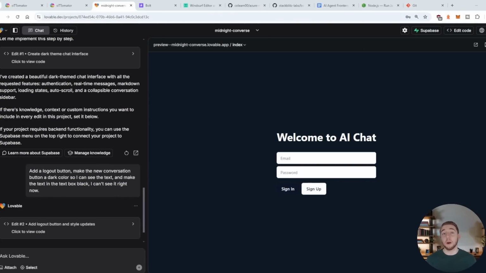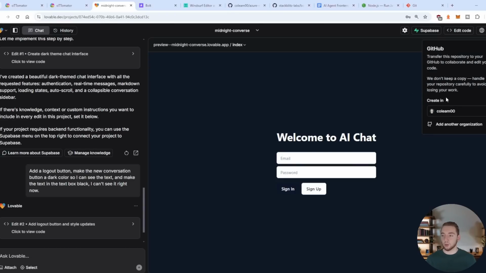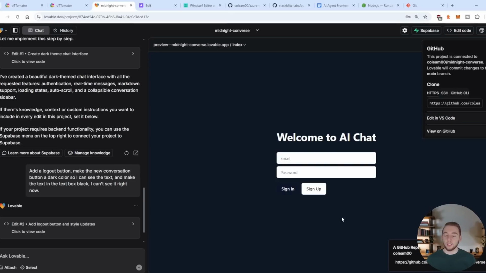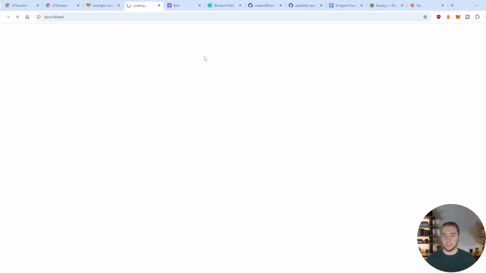All right, let's get this published to GitHub. So I'm going to click on edit code in the top right. Click on transfer repository, and then I'm already signed in, but it's going to have you go through an authorization flow very quickly if you haven't already. But I'll just go ahead and click on my account, and then boom, it is immediately going to create a GitHub repository that has all of the code that we just created within Lovable. So I'm going to click on this link,